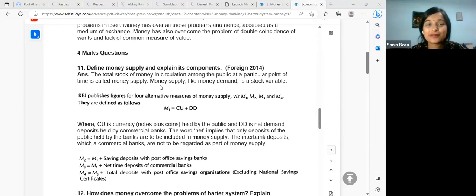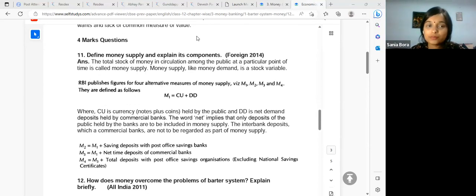Okay, so you can start reading from here. For this particular question, as I told you, there are M1, M2, M3, M4, so many things, right? But CBSE has deleted M2, M3, M4 according to the latest syllabus. You don't need to learn that. You just need to learn only M1. The rest of the things you can ignore. Let me know once you are done, I'll scroll it down.